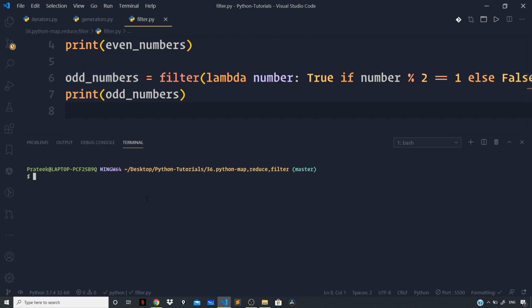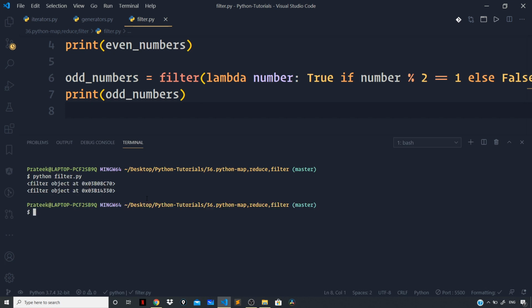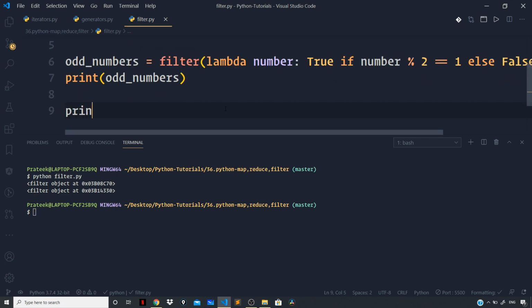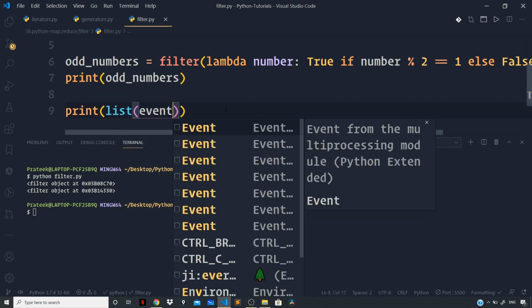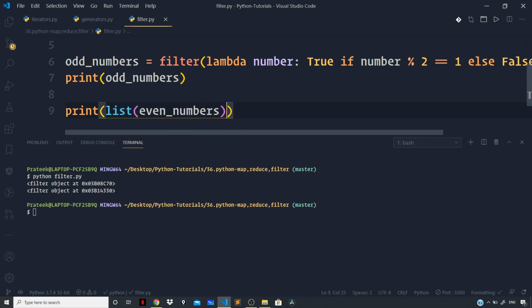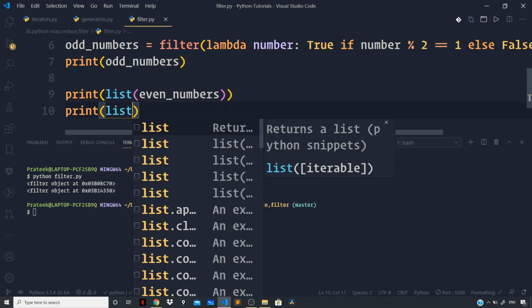So now let us try to run the file by saying python filter.py. You can see we are getting filter objects in the terminal. So let us transform this to a list of elements. I can say print list even numbers and print list